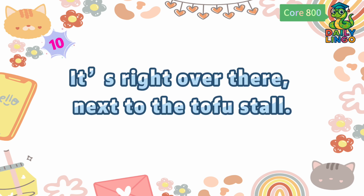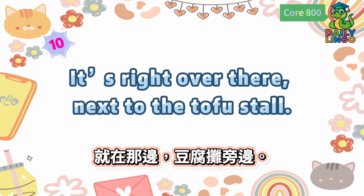It's right over there, next to the tofu stall. 就在那边，豆腐摊旁边。